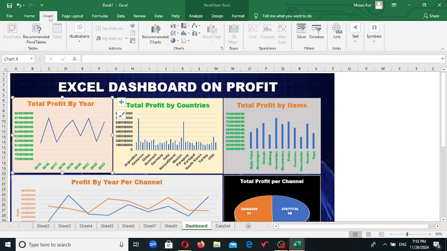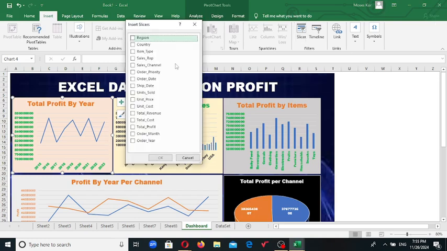You know, insert is doing a lot of work for us. When you go to insert, you come to slicer. Look at slicer here. So you click on slicer and then select